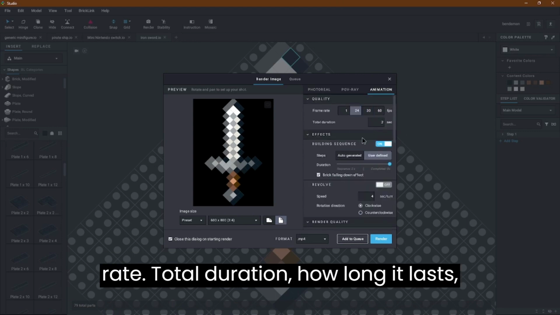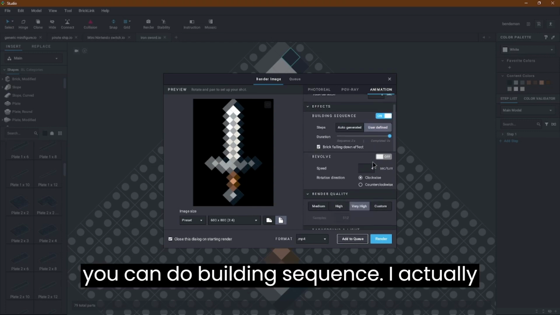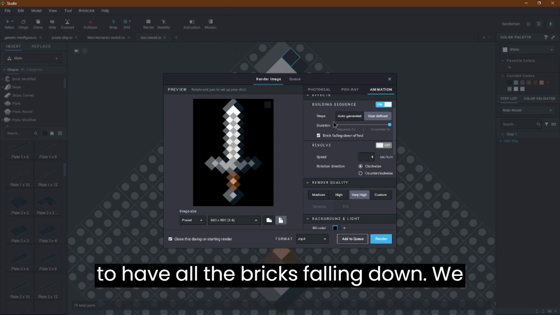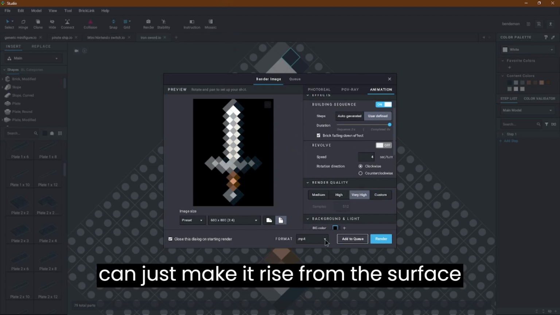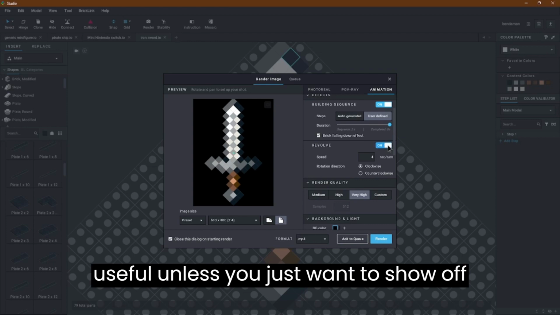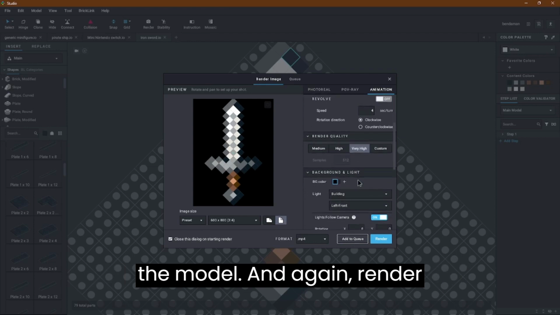So you can do the frame rate, total duration, how long it lasts. You can do building sequence. I actually really like to do this. It's pretty cool to have all the bricks falling down. You can do brick falling down effect, or you can just make it rise from the surface. Revolve is not always that useful unless you just want to show off the model.